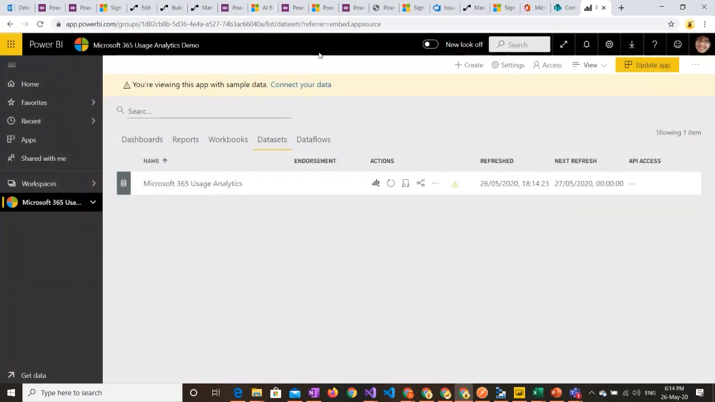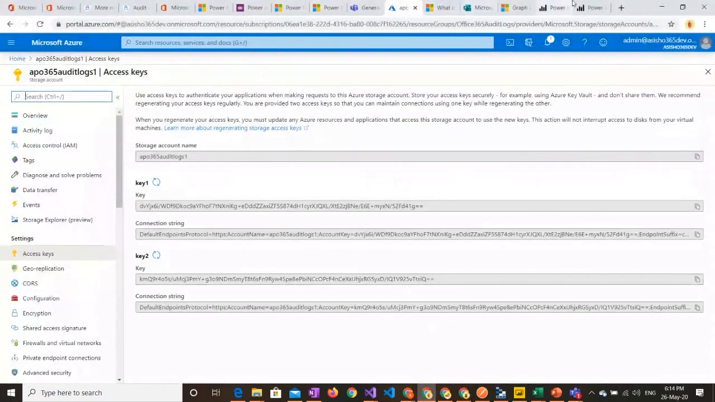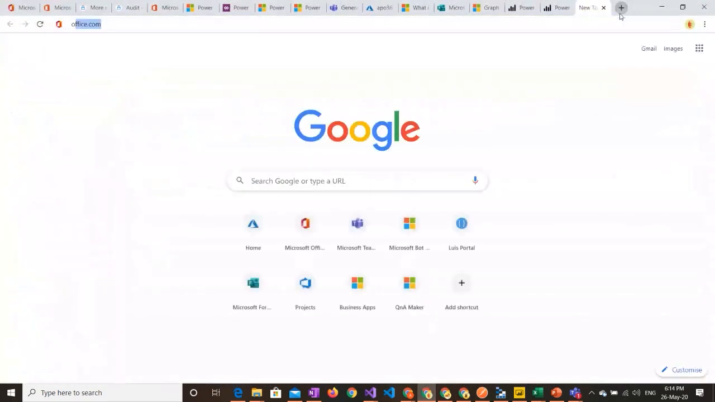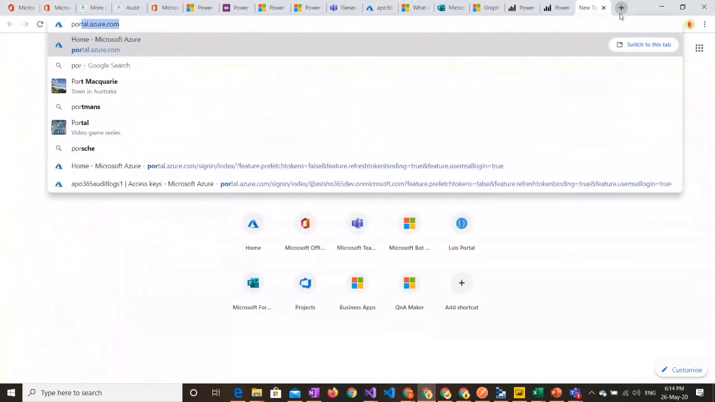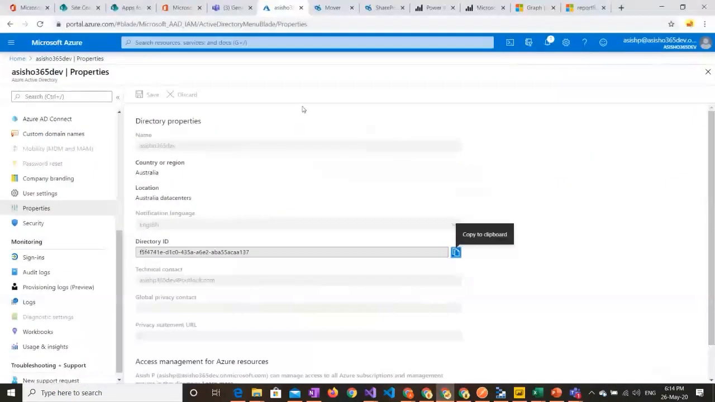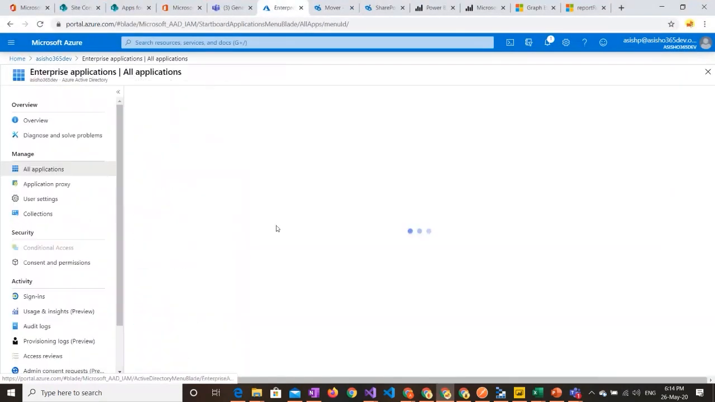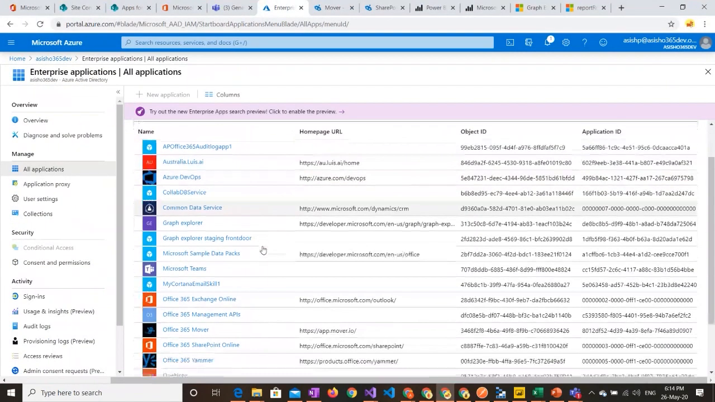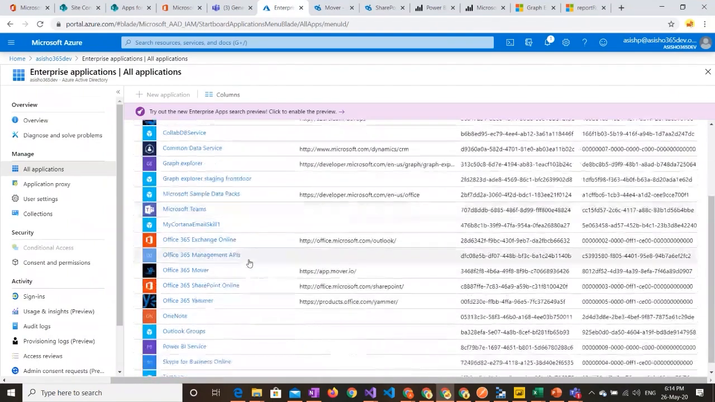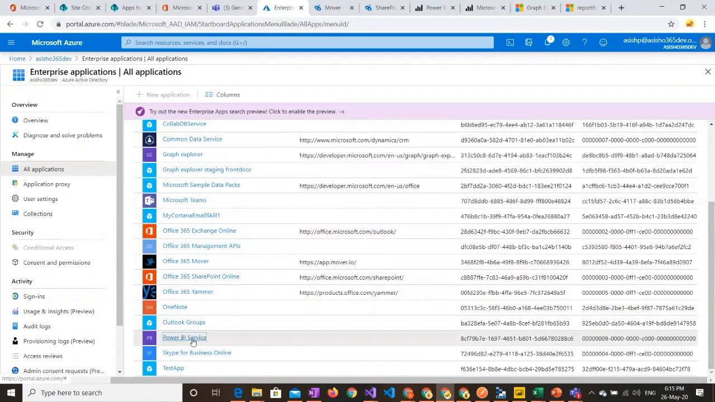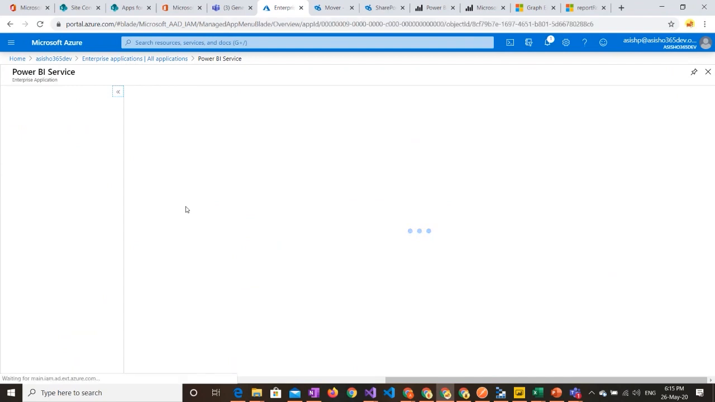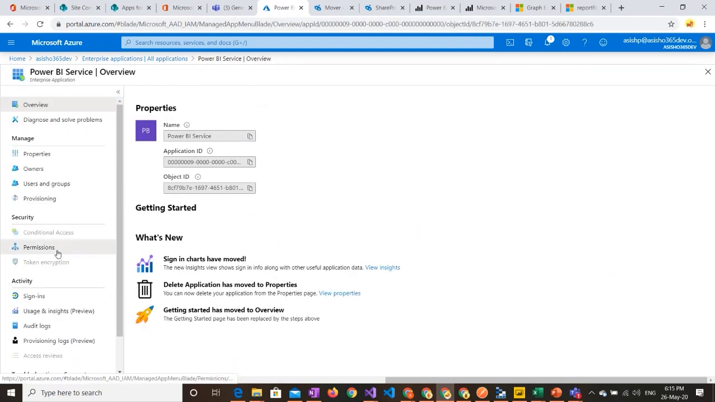And how do you do that is you go to the backend again. I need to go to my tenant account and go to Power, sorry, I had it open. Okay. So you go to your tenant account, you go to your enterprise applications, and in enterprise applications, you will see a lot of the data sets in there. And then in that same thing, you'll see Power BI service. And if you go to Power BI service and you go to permissions,